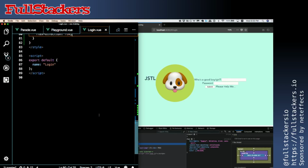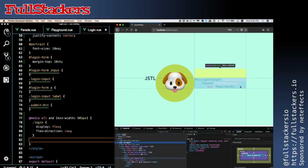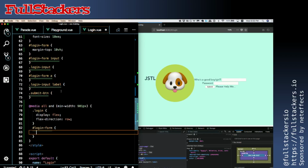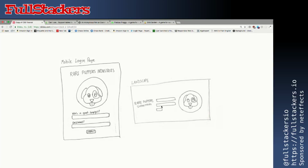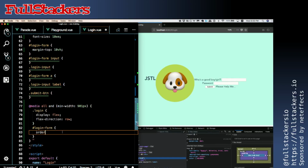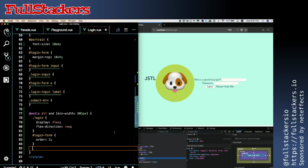So in order to do that, we're going to set the login form. Hashtag login form. And we're going to just put order. Actually, we're going to have to put one on every one of these just to keep the flow. So title, login form. We're going to set the order of the login form to 2, and the title to 1,